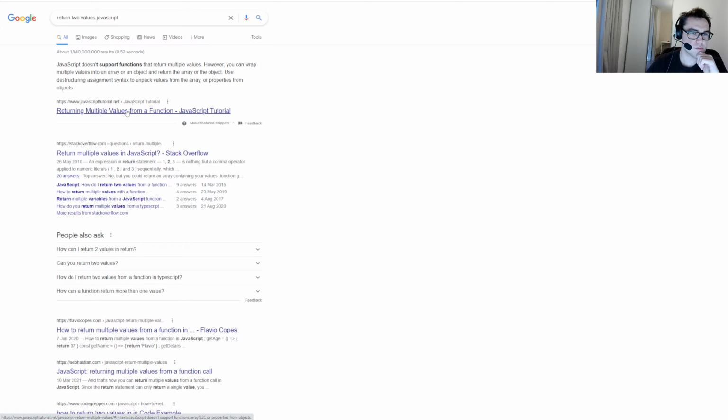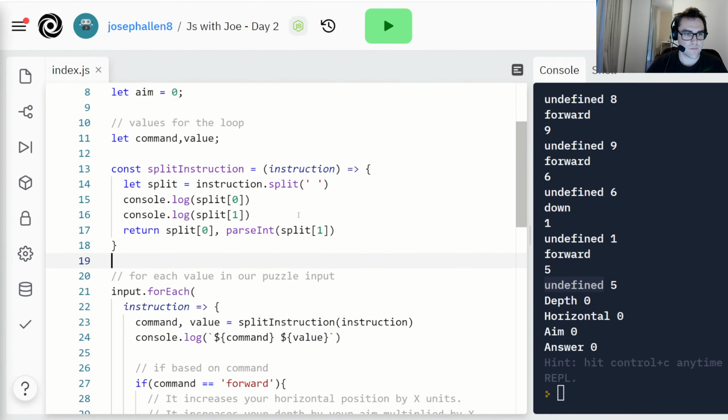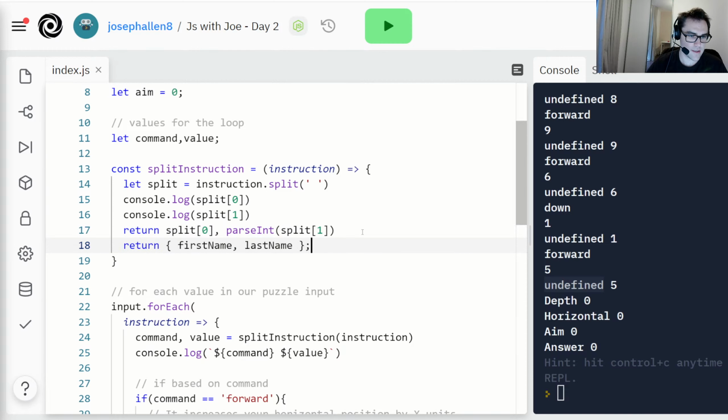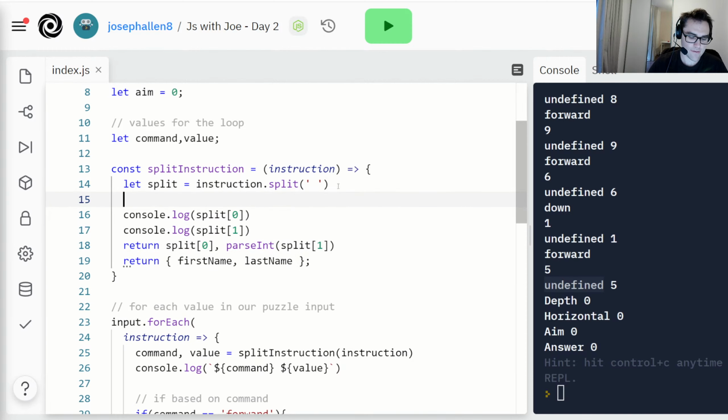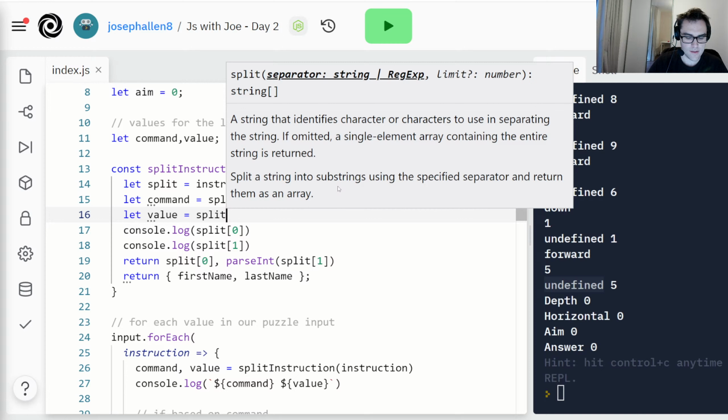JavaScript doesn't support functions that return multiple values. And then I can use destructuring, so I can do it. It's just not like this. I can do something like this. Okay. So in here I could return. So I basically have to write the same code, so let command. I don't think this is better now, I'm doing it like this, so split 0, let value equals split 1,